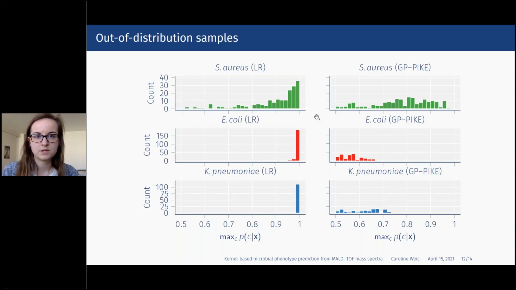So what you can see here is a prediction of Staph aureus, and the out of distribution species are E. coli and Klebsiella. What you can see is that within the training distribution, the maximum class probabilities are distributed like here in this first row. They're distributed over the entire range of values, between 0.5 and 1. But what we've observed when we give the classifier out of training distribution samples is that for the logistic regression, we get values very close to 1,